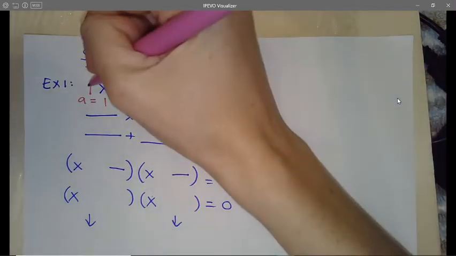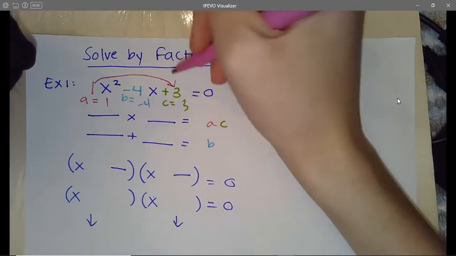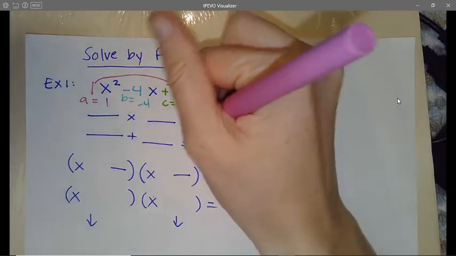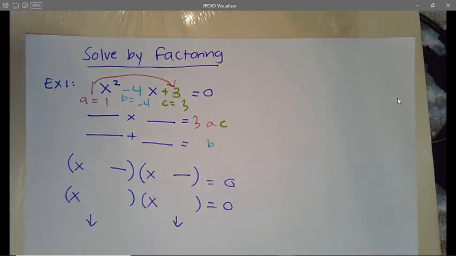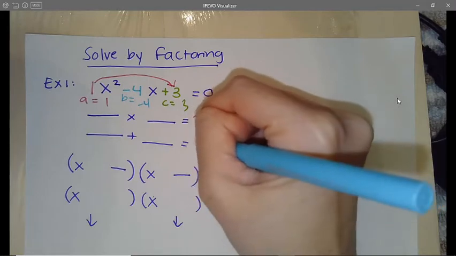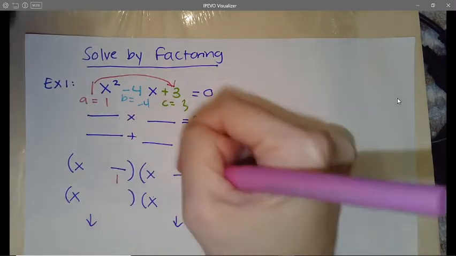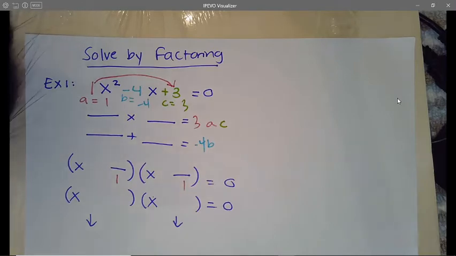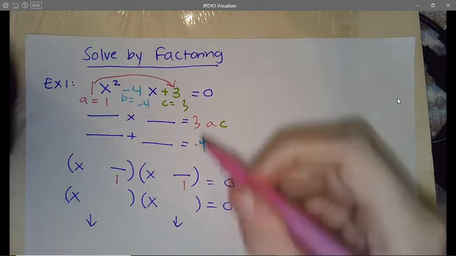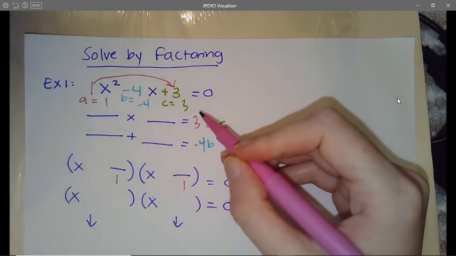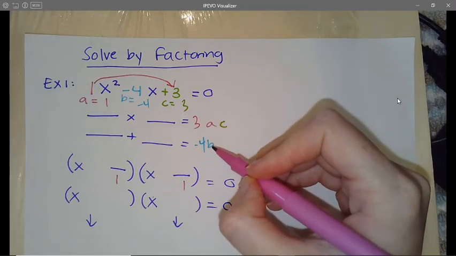So I'm going to slide A to C, or multiply. So 1 times 3 is 3, and then my B is -4. Now, don't forget, at the very end, it's called slide and divide. So I slide by A, which is 1, which means I need to divide by A. Okay? So now I need to find 2 numbers that will multiply to be a +3 and add to be